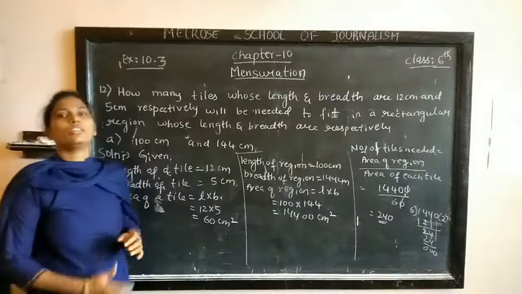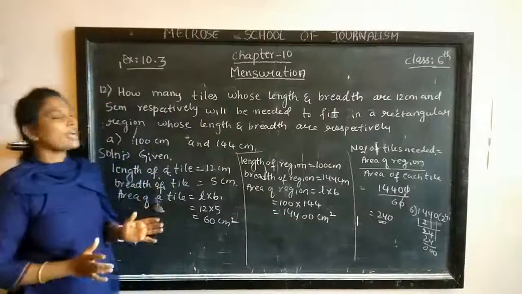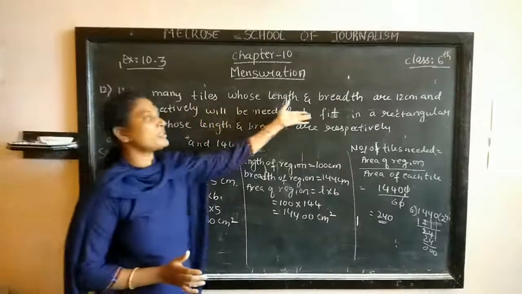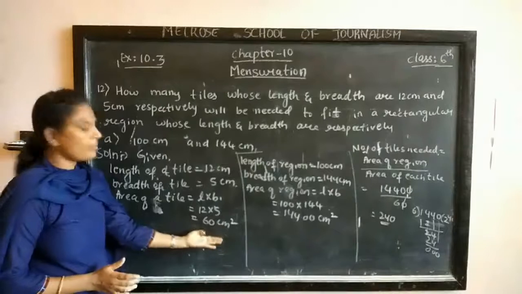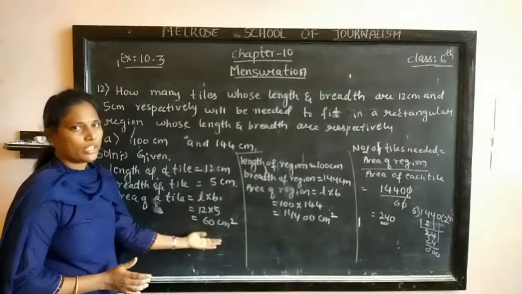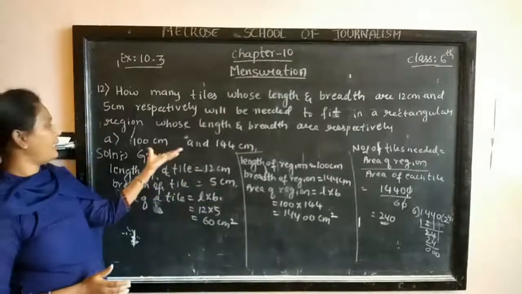Same way you solve the B sum also. For B sum, you take the tile measurements as it is, this only. No need to do again. For B, they have given